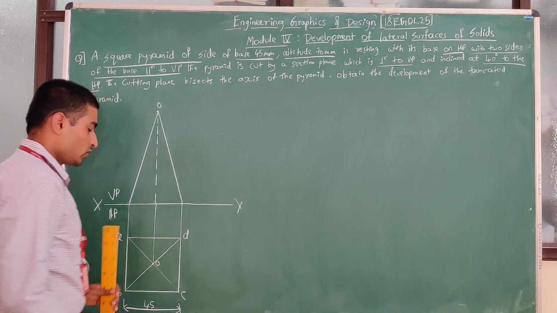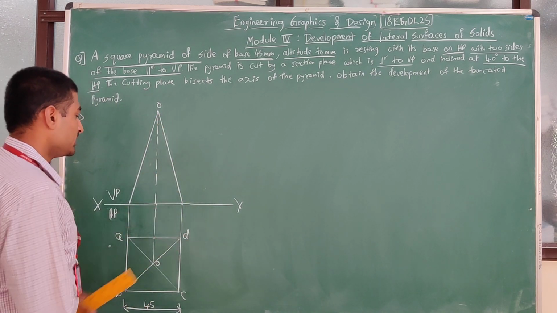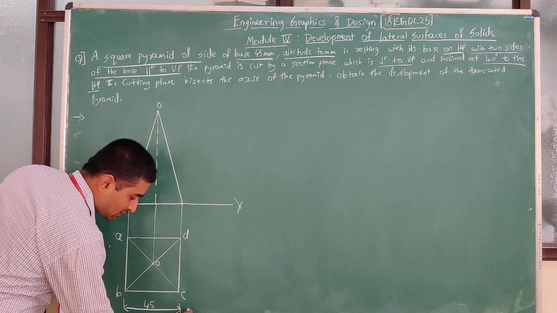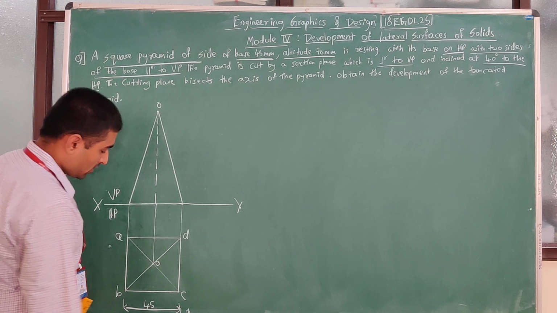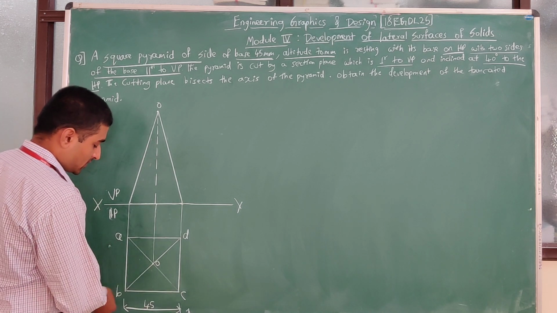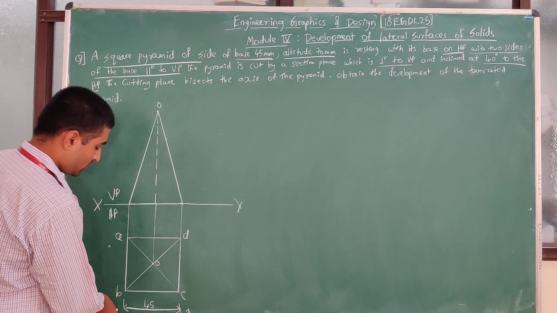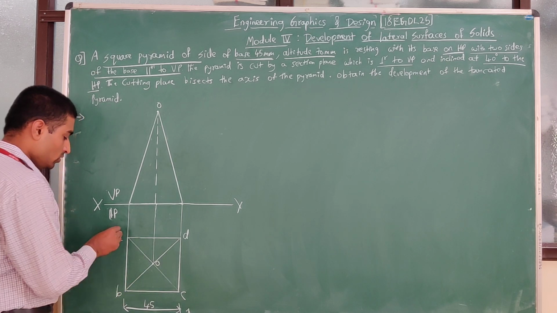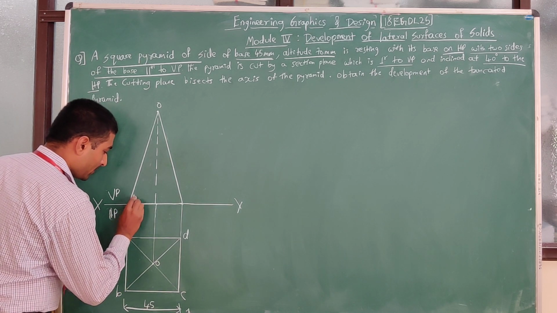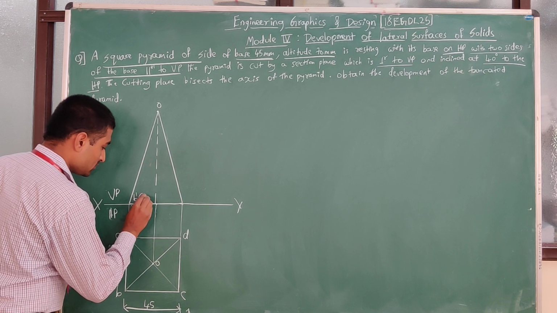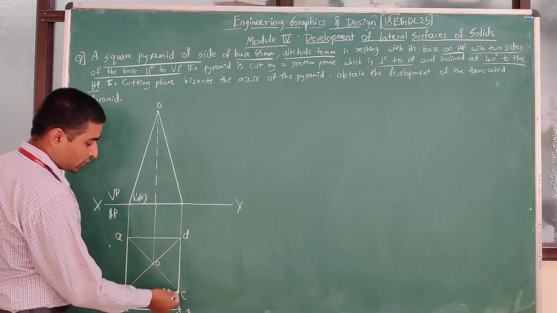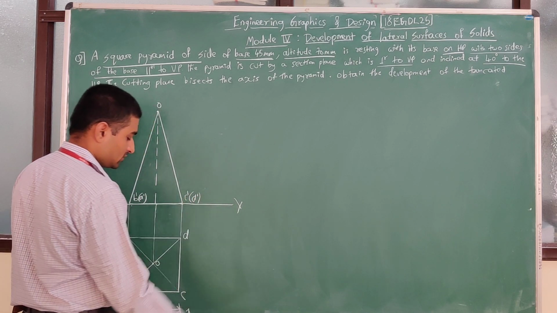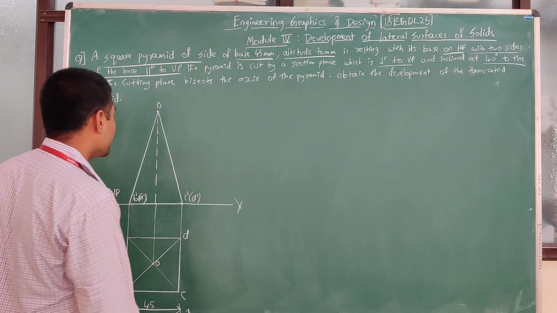Right? So I told many times, when you are projecting from the bottom side towards the top side, you have to imagine that you are standing at the bottom and you are seeing this square pyramid. So when you are seeing from the bottom, which edge will be visible for you first? If you are seeing from here, B edge will be visible, and exactly behind that A edge will be visible. So if I make a point here, that is B dash bracket B dash, and this point will be C dash bracket D dash. Right? So that is a common notation which we always give.